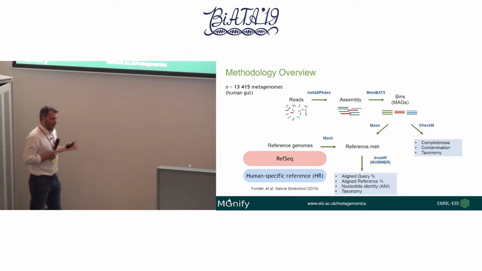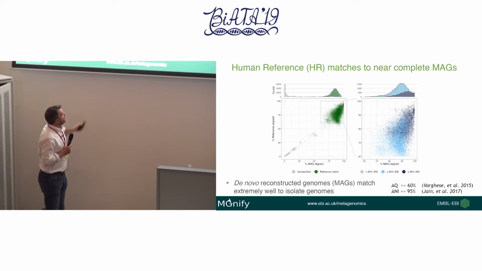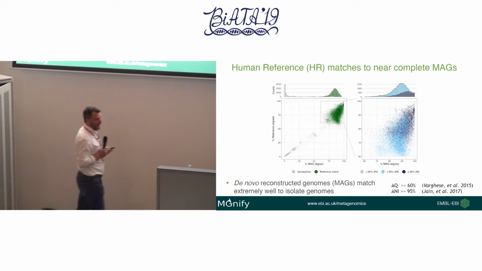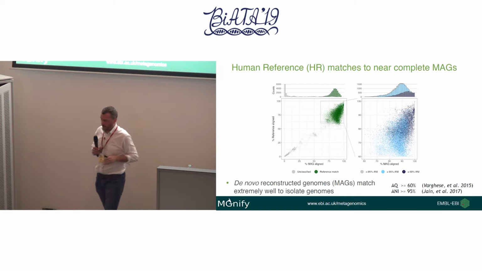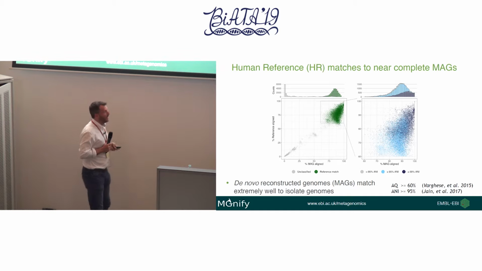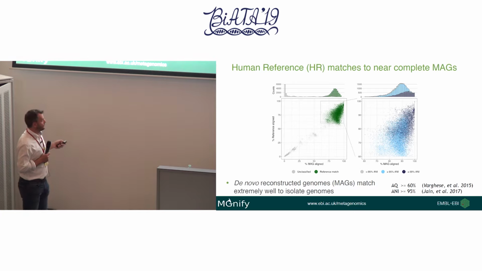So if we take those high quality MAGs and look at the fraction of the MAG against the reference, this is the plot we see for these ones that were all considered high quality according to CheckM. Now if you look in the top right hand corner, that's where we considered we had a good MASH match. And so when we look at those, we consider a good MASH match to have more than 95% ANI and at least 60% alignment coverage of the query.